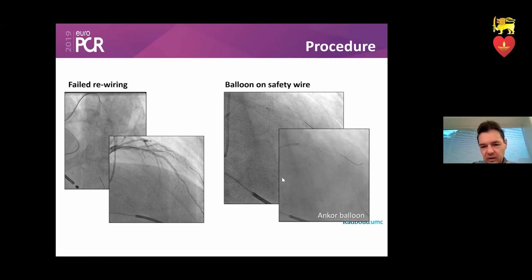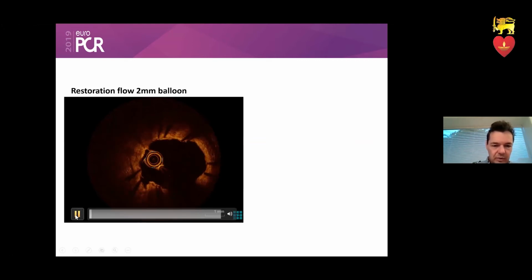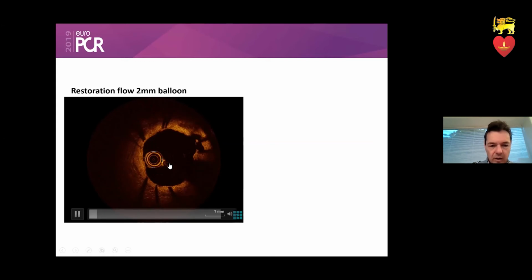in that direction. Then the next step is to anchor the main branch with a balloon in the main branch, deep intubation during that anchoring, and that's the only moment I was able to push in the balloon. And then I will go up for a 2 millimeter balloon and see if we can see the flow in there. I hope so. Pull back OCT, main wire, main branch wire,